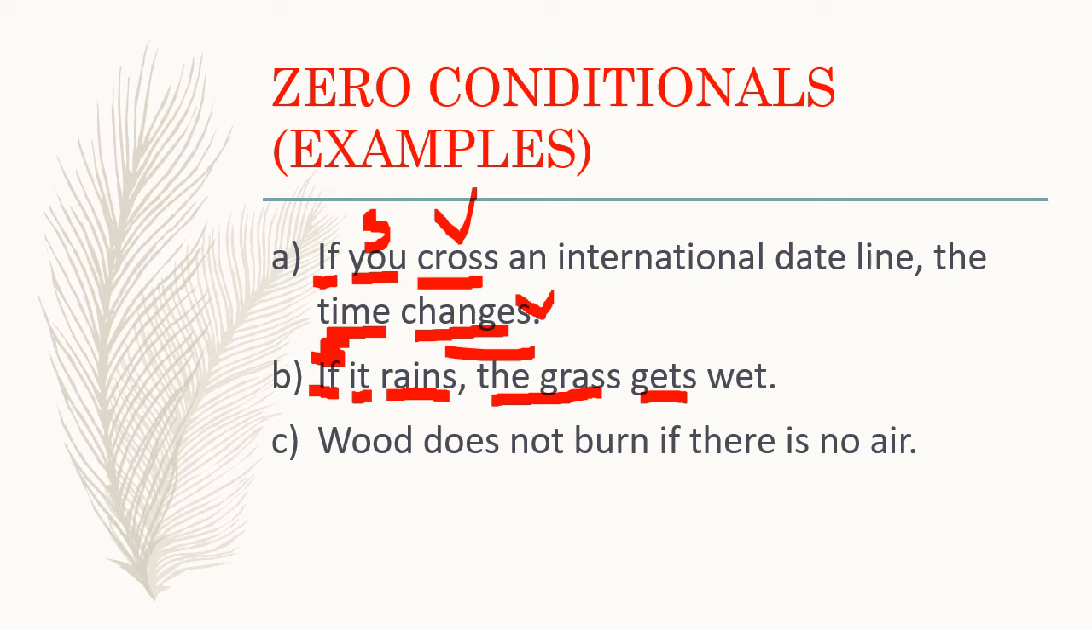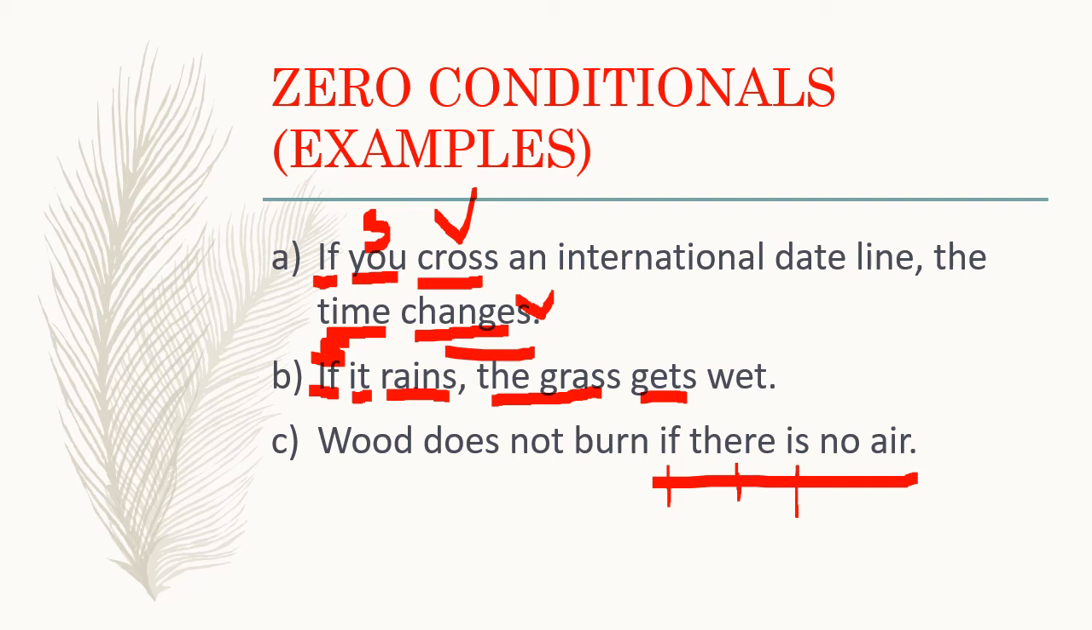Third, wood does not burn if there is no air. Okay. Try to find again your if clause. Yes. So, your if clause this time is at the back part of the sentence. Here, if there is no air, that's why the sentence does not have a comma, right? The first two, ang if you cross kag if it rains, may comma kay ang imo if clause ara sa una. Okay. So pattern again, you have if plus subject there, and of course the simple present verb is for